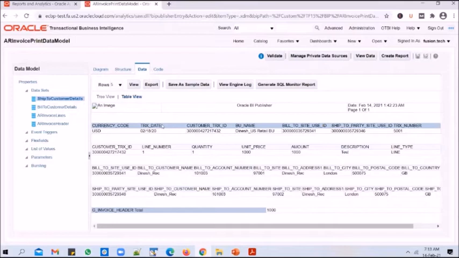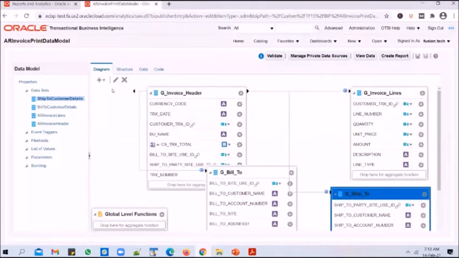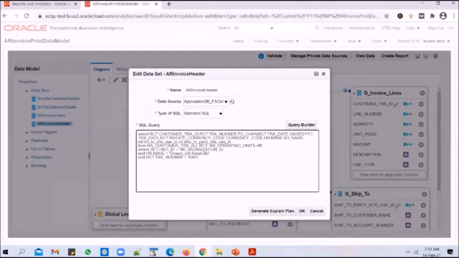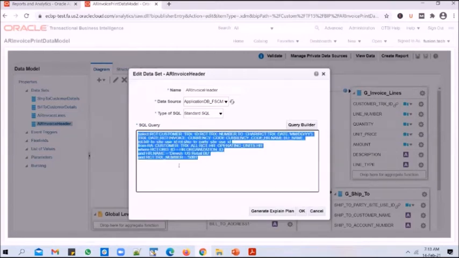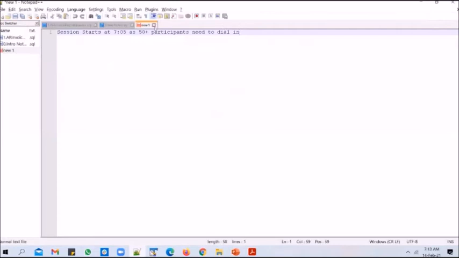Before we move on to that, there is one more thing that I need to explain. Whenever we run the data model and click on view, it is always printing the 5001 transaction number, right? And it is always printing this transaction number from this BU. Why is it happening that way? That's because if you look at the main query, we have hard coded the business unit name and the transaction number. So if you look at the main query, what did we do in here?